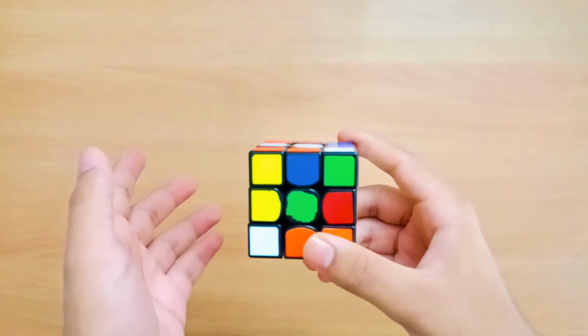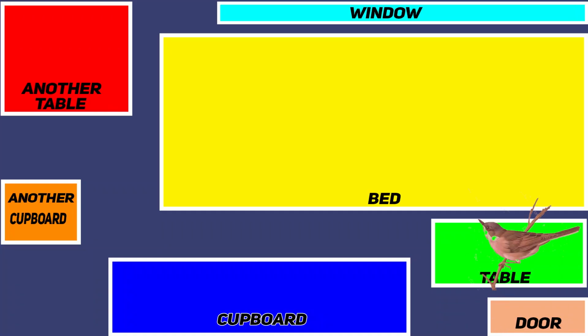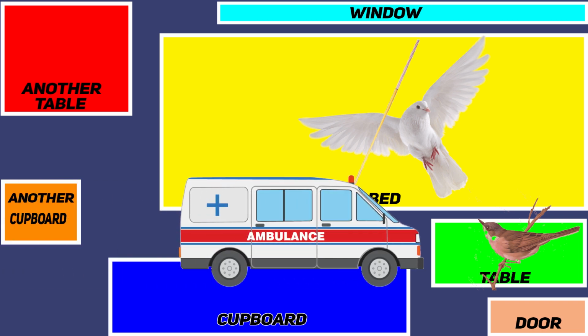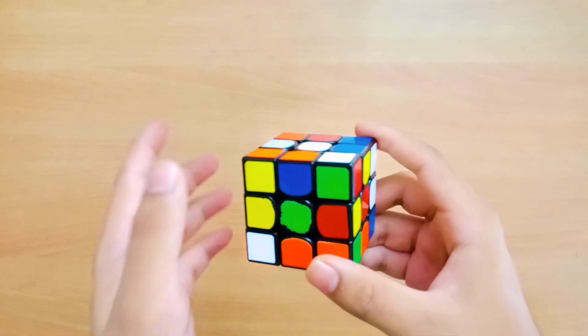So how I would imagine this is I would imagine that there's a dead nightingale lying on my table, and the bird that had pole vaulted and entered my room. The reason behind the bird entering my room was because it had called an ambulance as the nightingale was its friend. So for the edges, the final memorization would go like this.